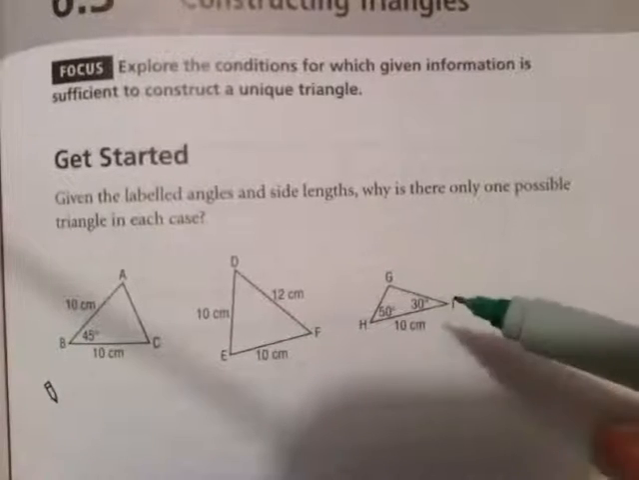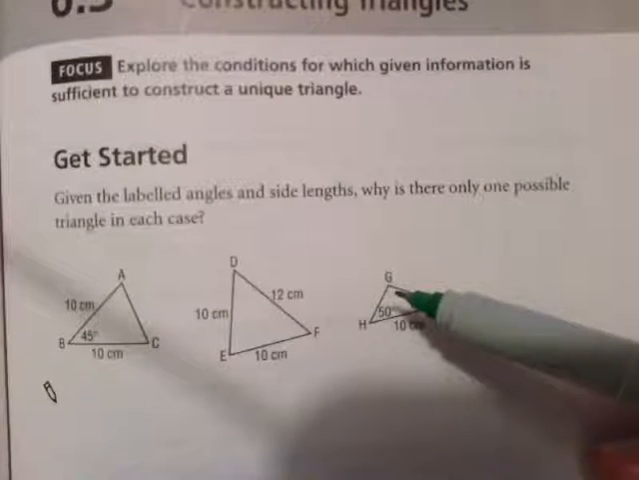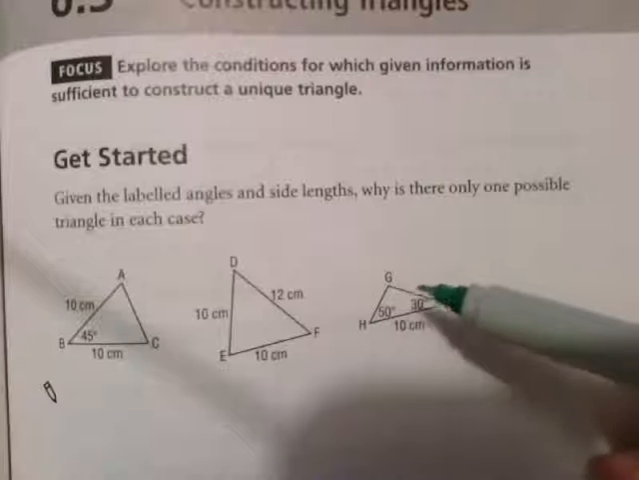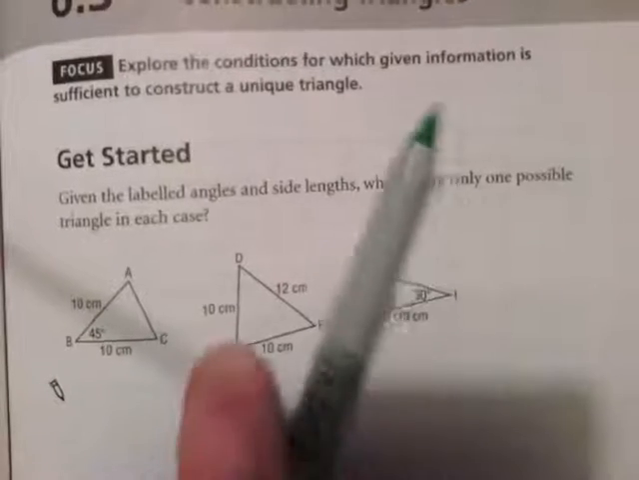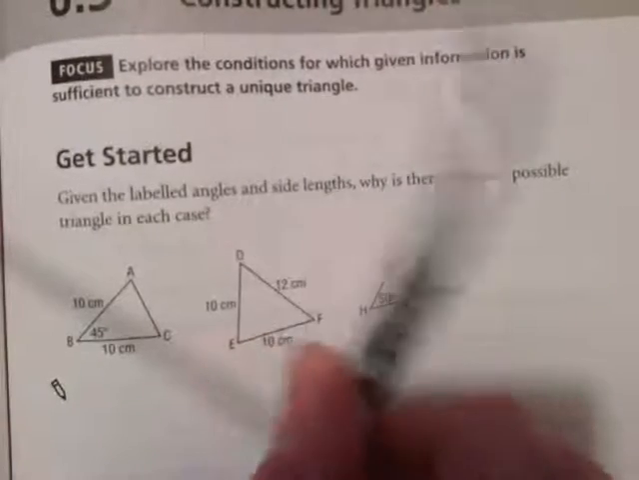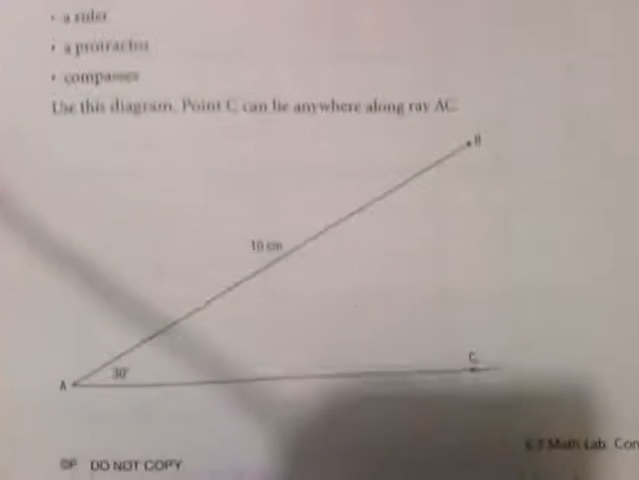I'm going to explain more in a second. Again, here, 50 and 30 degrees. That means this angle also has to be 100 degrees. And if this is 10, think of the arm of it: it can't go this way, can't go this way. They are locked in place. There's only one possible triangle in each case. The reason it's asking you that,